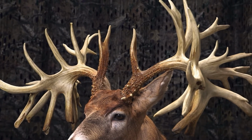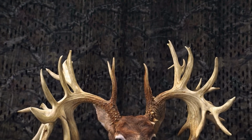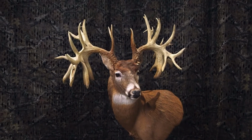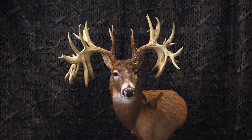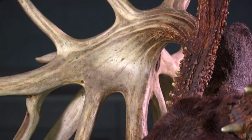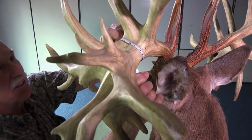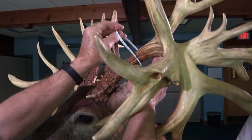It's also said that the antlers are surprisingly symmetrical for such a non-typical rack. The smallest mass measurements are well over 5 inches, with mass measurements accounting for more than 40 inches. The abnormal points alone account for over 180 inches, which shows just how non-typical this buck's antlers are. The antlers weigh 11.5 pounds, which is incredible when you think about the fact that this deer had to carry